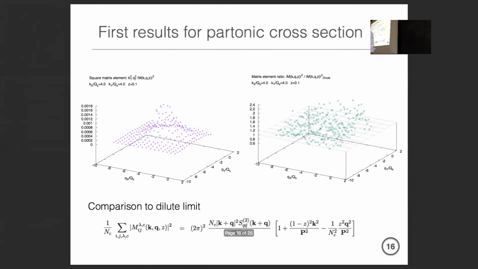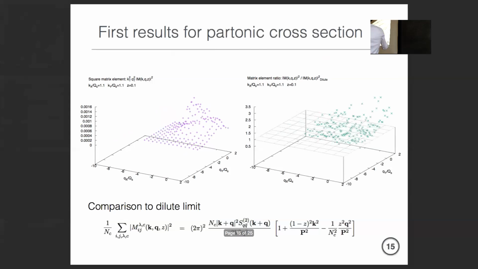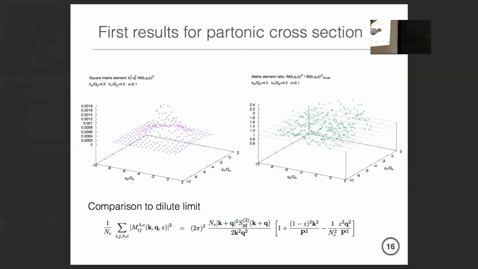Another good cross-check is if you now go to high momentum, so if you actually go to the dilute limit, multiple scattering shouldn't be so important. This is now looking at quark jets with a higher momentum. The gluon is still dominantly back to back. You still have some angular distribution, but now you're much closer in general to the dilute limit. So if you compare this here, this is factors 3 to 5, and this is mostly on the order 1 with statistical fluctuations around it. It's a slight enhancement.